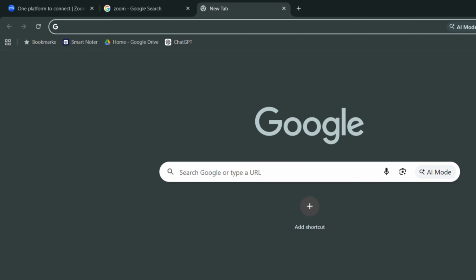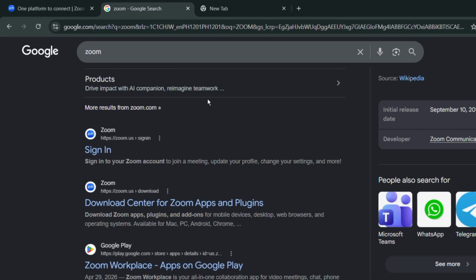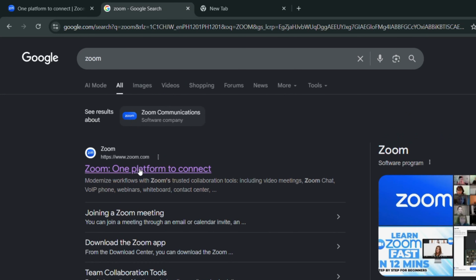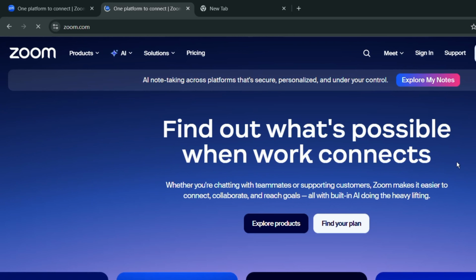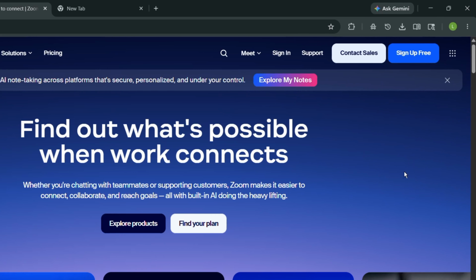So open any browser. I'm using Google Chrome, and go ahead and search for Zoom and click the first one. So make sure it's the official website. Now, once you're on the main page, what you can do is click the three dots at the top